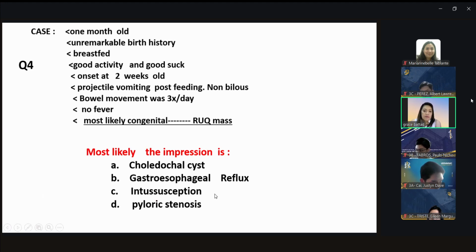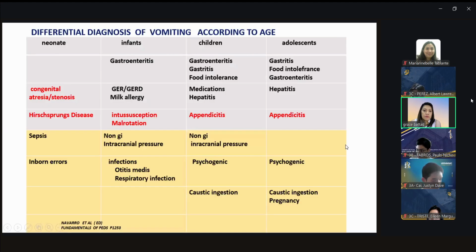Okay. If this were intussusception, you would be looking for bloody stools. Maybe it is pyloric stenosis. As a differential diagnosis, this is from Navarro. You also have that from Nelson. You will notice that for this